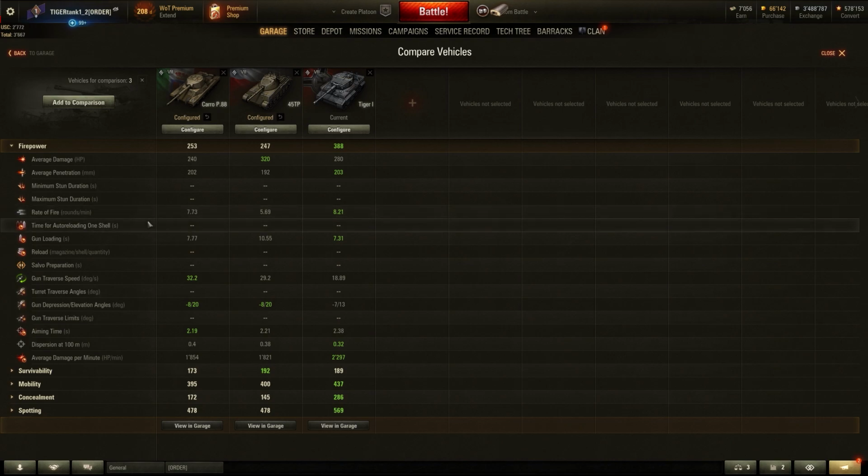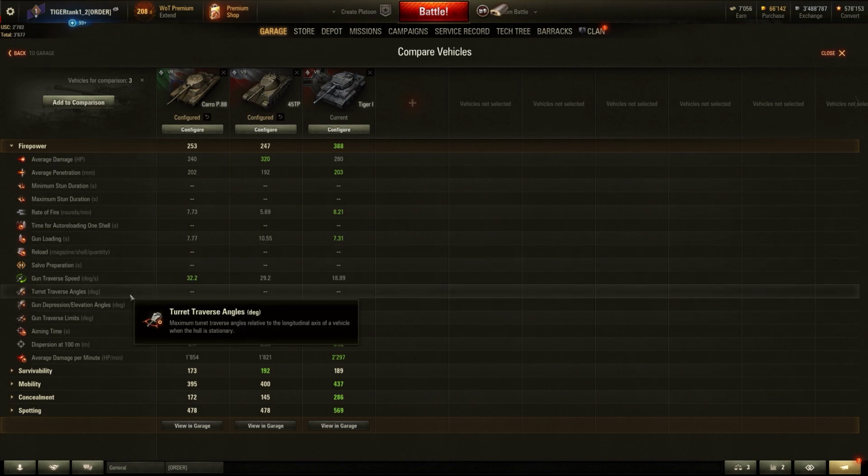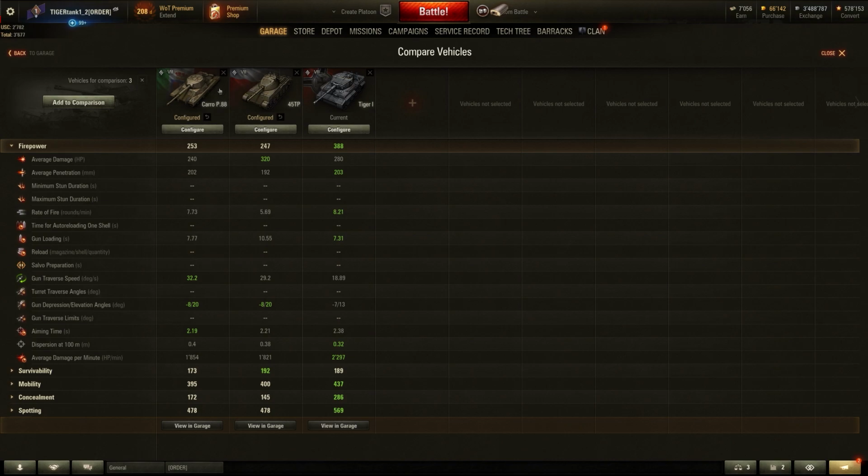The gun loading time is worse on the Carro P.88. The gun traverse is a bit better. You do have 8 degrees of gun depression, allowing you to utilize the ridgelines quite competitively, but you can see overall speaking, most of the stats are in favor of the Tiger 1 and the 45 TP. If you look at it, rate of fire is better, the gun loading time is better, the average penetration is better by 1mm, but the dispersion is a lot better, 0.4 versus 0.32,